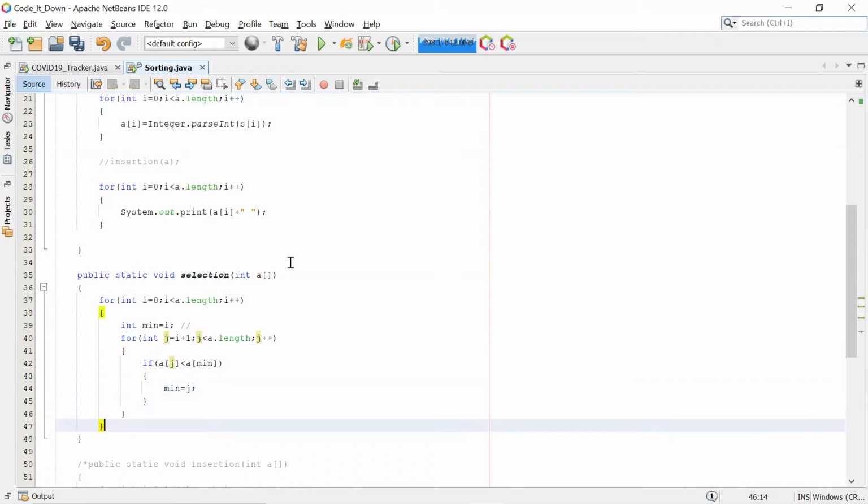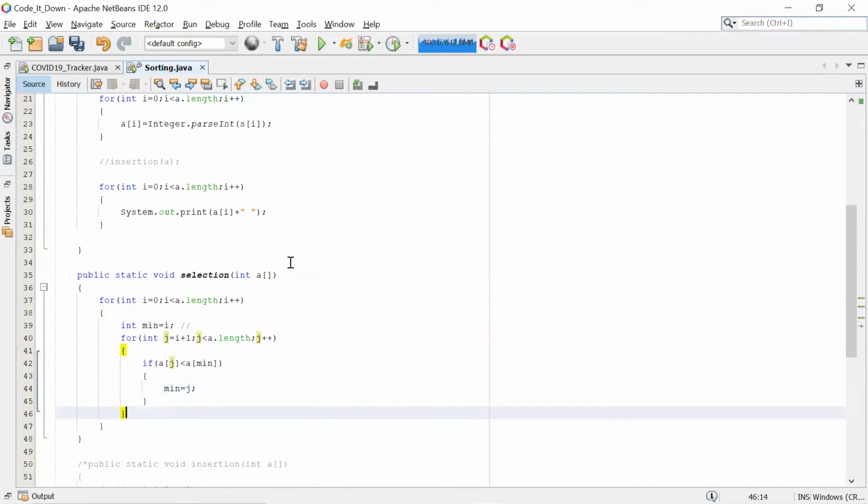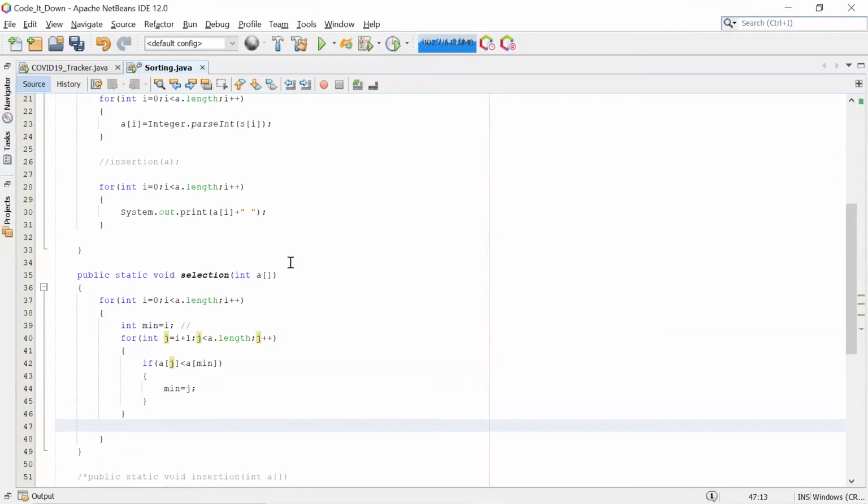Okay. After the whole iteration, we'll be swapping the minimum element